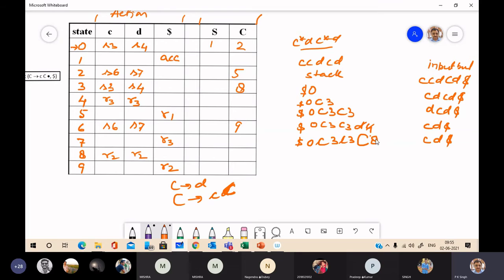So you have to pop out four symbols of the stack, 1, 2, 3, 4, and push the left side of the production, that is capital C. So you will get 0, lowercase c, 3, and capital C. And go to 3 on C is again 8. Here you have C, D, dollar.